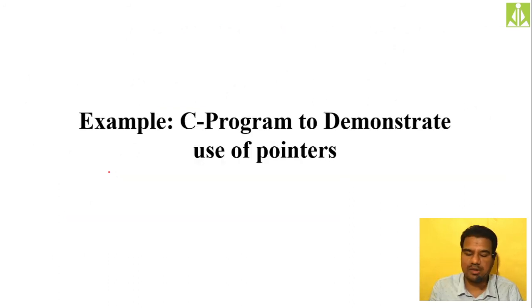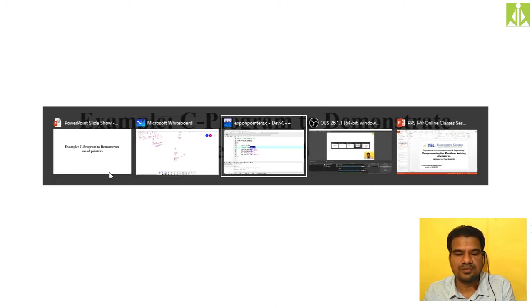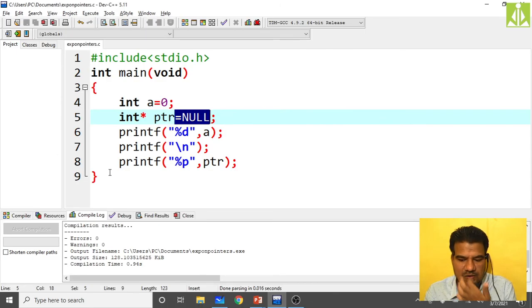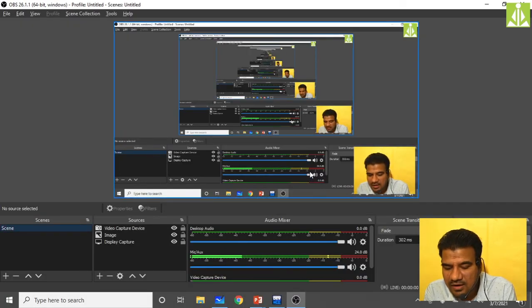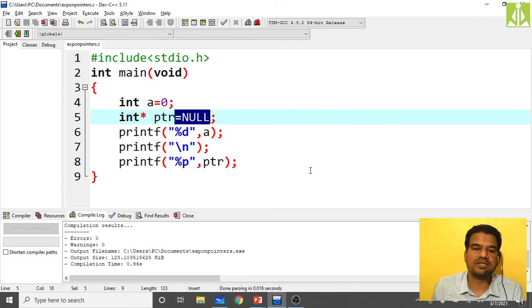So now we have to demonstrate the usage of these pointers. I mean, how we declare, how we store the value, how we store the addresses, how we indirect the value, and how we indirect the address. All those things we need to demonstrate. So quickly go to the compiler. This is my compiler. Let me check the time, how much has elapsed. It is 48 minutes, so we still have about 10 minutes.